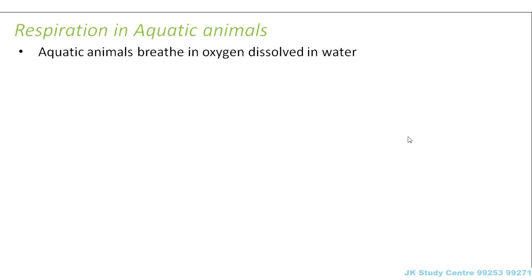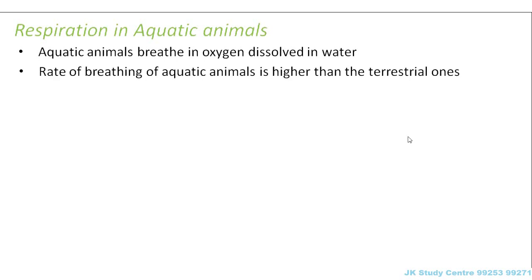Normally in case of plants, what did we see? That they utilize oxygen or carbon dioxide present in the atmosphere. But aquatic animals, those living in water, need to utilize the oxygen dissolved in water. So the rate of breathing of aquatic animals is higher than the terrestrial ones. Can you guess why? Because terrestrial animals, that means the animals which live on land, for example human beings,